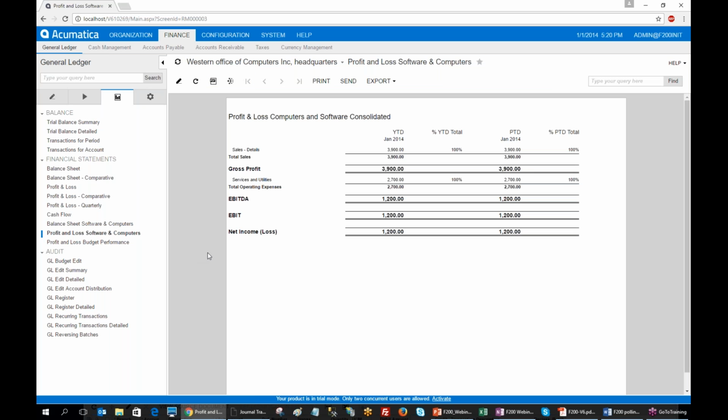I click on Run Report, and here the system provides me a consolidated report for the total sales of $3,900 that we just did, and services and utility expenses of $2,700, and has the year to date and the period to date. But let's say I now want to break this down by how much Computers company made and how much Software company made. While this one's a consolidated report, I just click on